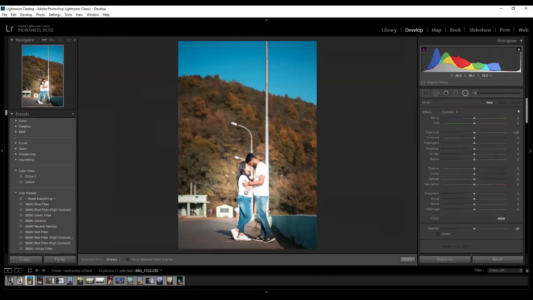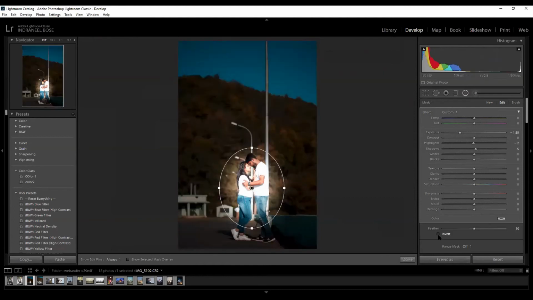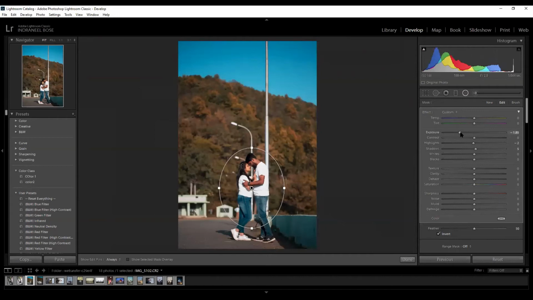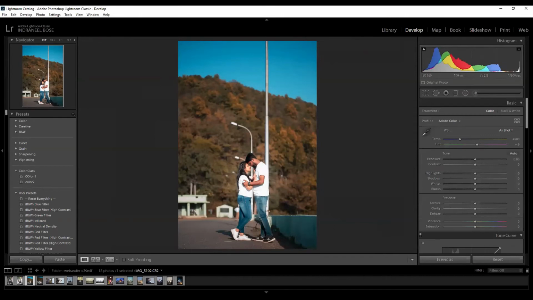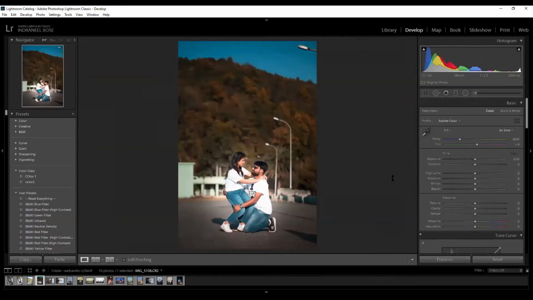But now we go to the radial part. The radial part is over here. Okay, now take a duplicate. Made a duplicate of it, invert it out. Now see, the matching is done. Got my point? You have to always work with a similar kind of image in presets. Got the point? Yes.